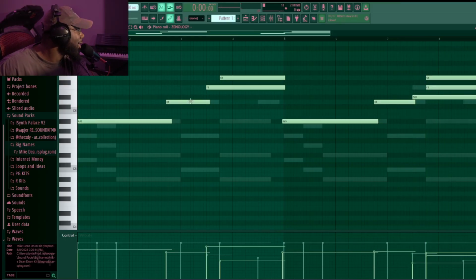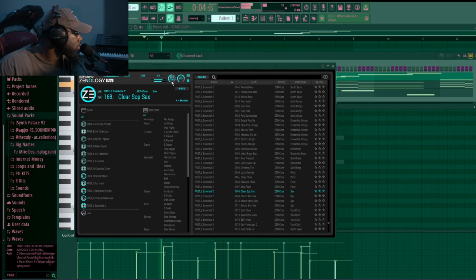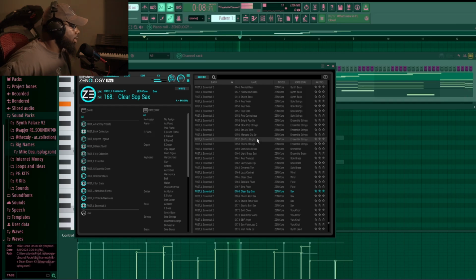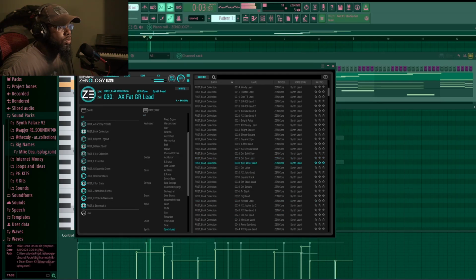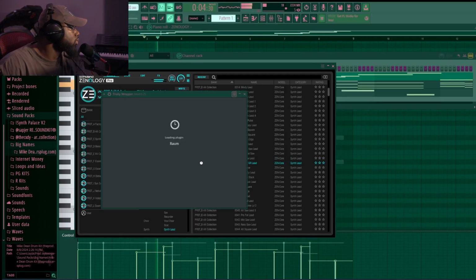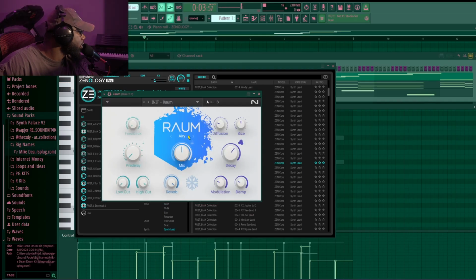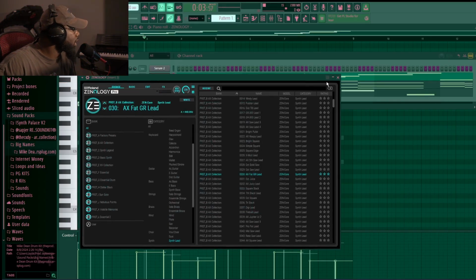I did a terrible job at placing that. I like this melody, but I'm gonna change the sound. I don't like the sound. I'm gonna add some reverb to this sound. Not this one I just added, but